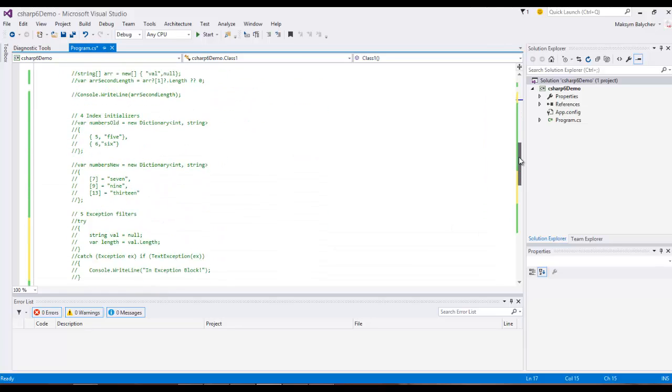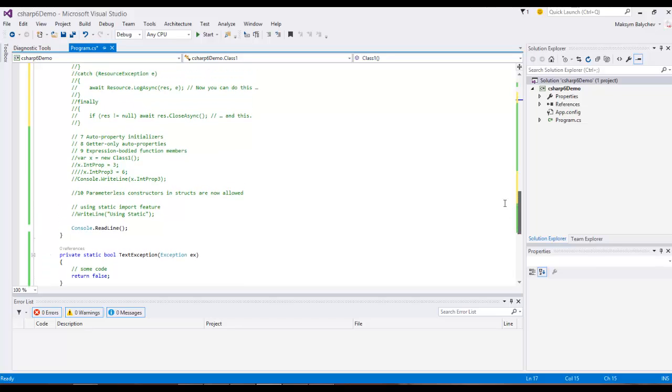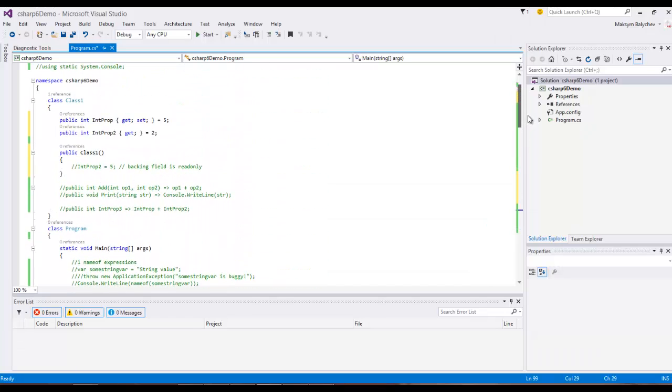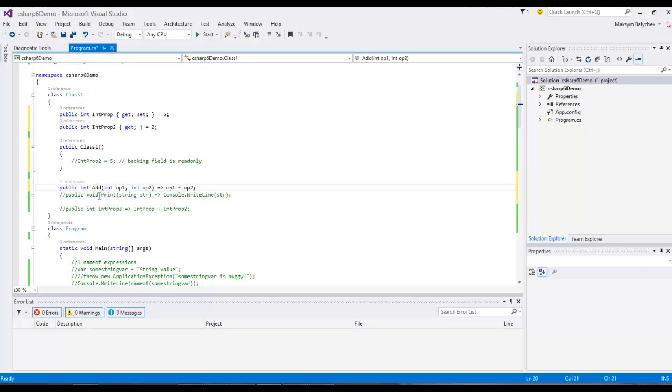Next one would be expression bodied function members. Basically what it means is that now any method or function, or everything which has a statement block behind it, could have not a statement block but an expression behind it, like that, for example. Let's imagine we have a method add which quite obviously adds the first operand to the second one and returns the result. Now instead of having a statement block, we have an expression. The expression basically looks like